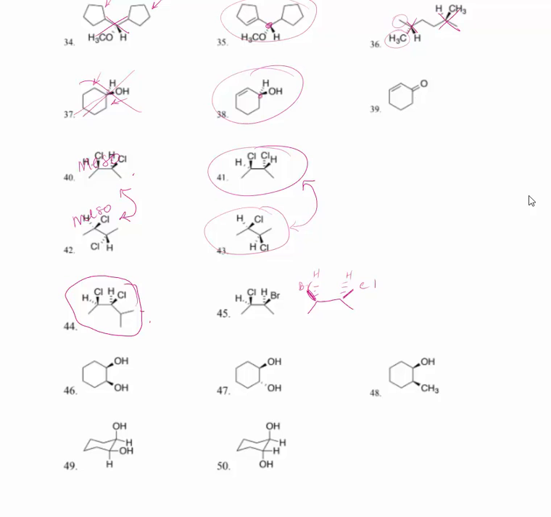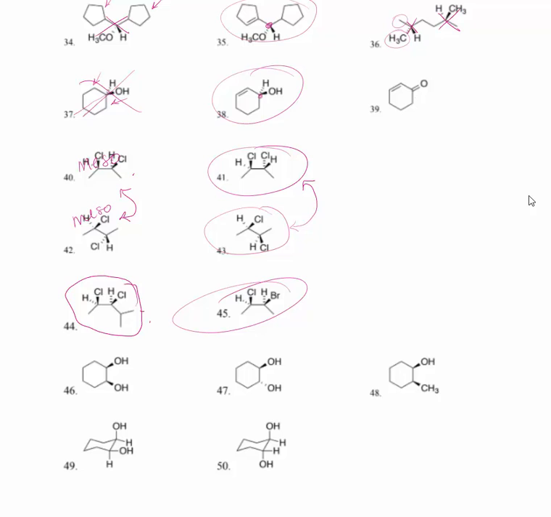So there's the mirror image. If I turn it around this way to try to put the Br and the Cl to the back and the H's come out forward, I can't rotate around this in order to make things line up. So this is a chiral compound despite having two asymmetric centers. Let's see, 47